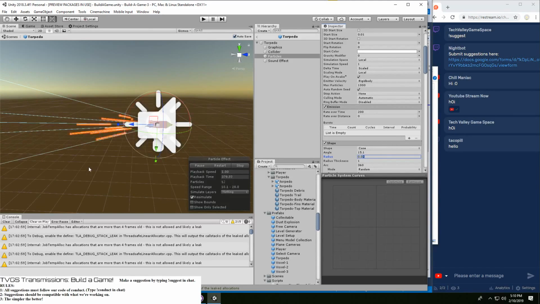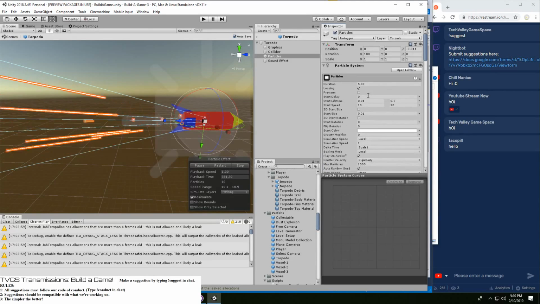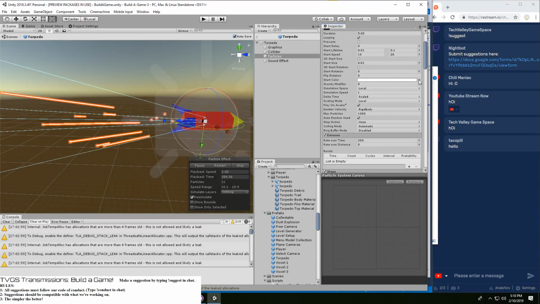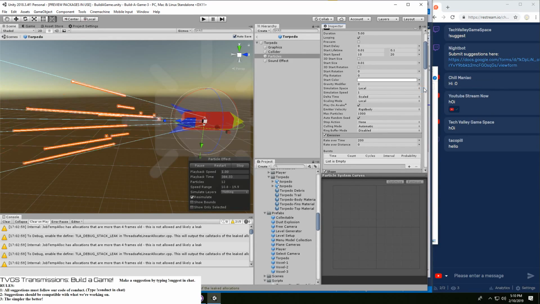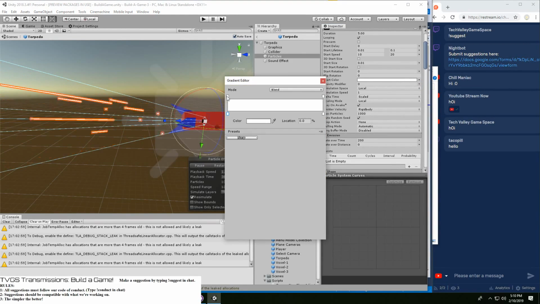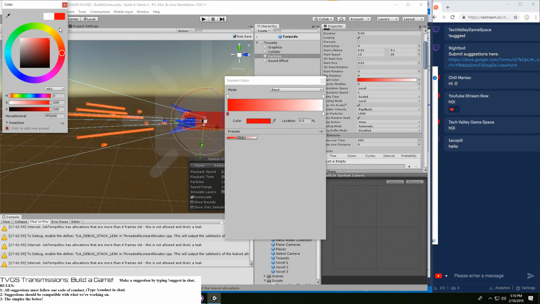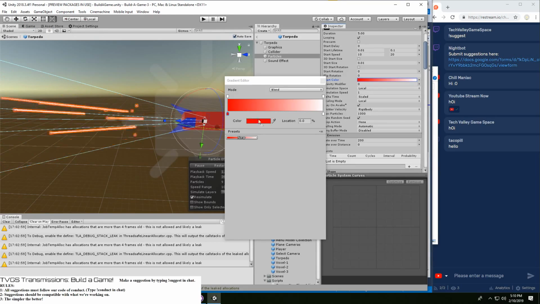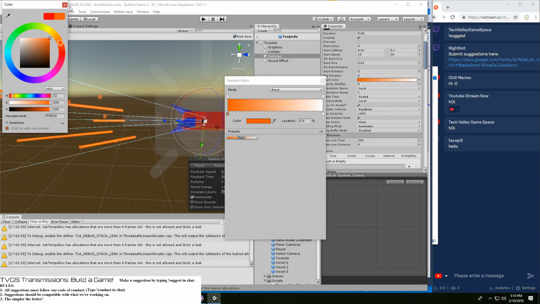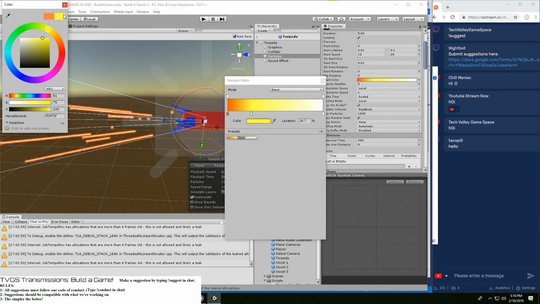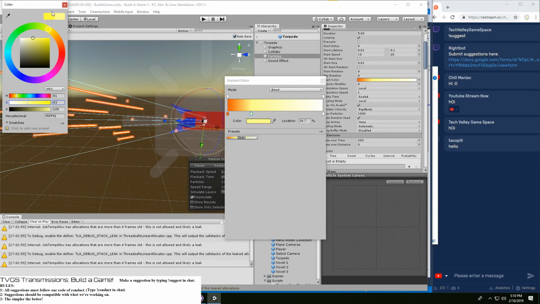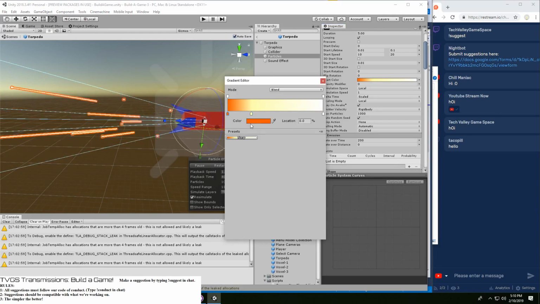So that looks good. And then you probably want the gradient starting off with red, maybe. Kind of more oranges, really. Then switching towards yellow. That's way too saturated. The orange is also way too saturated as well.